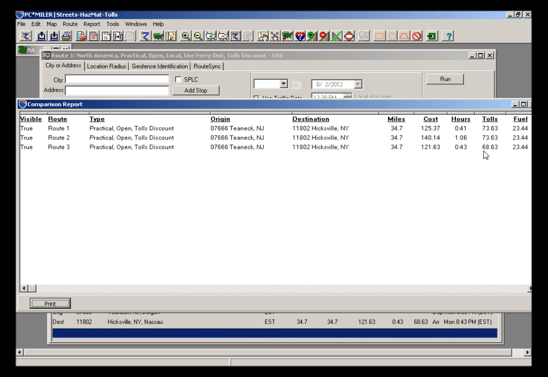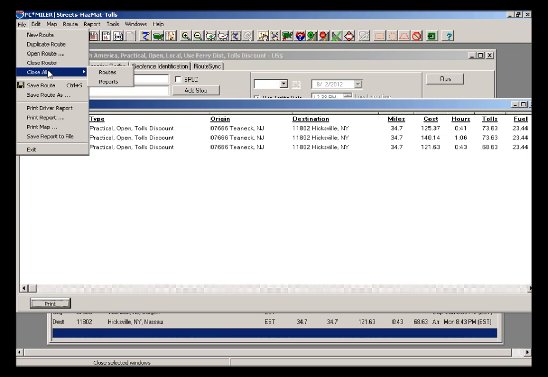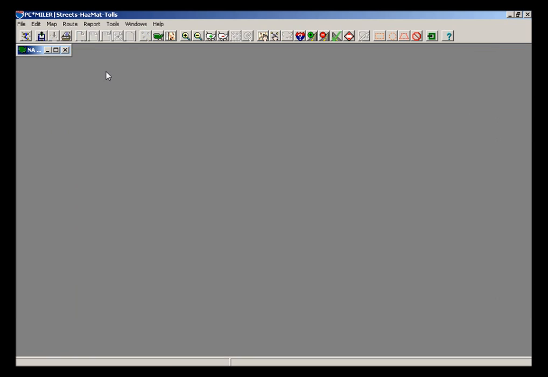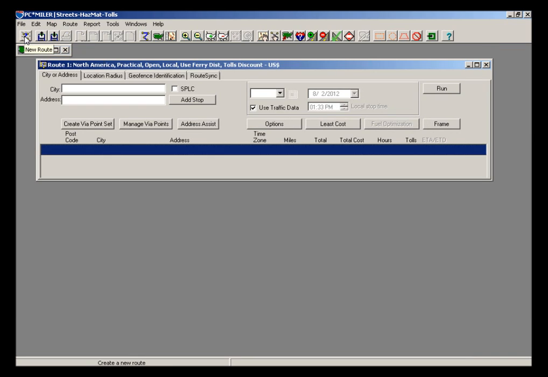The next feature I want to show you is our fastest routing. And again, this routing type is an addition to our practical and our shortest routing types. So I'm going to go ahead and close out of this current route by clicking File, Close All Routes. Open up a new route,